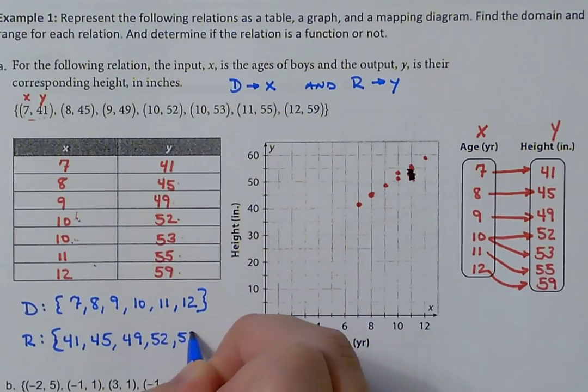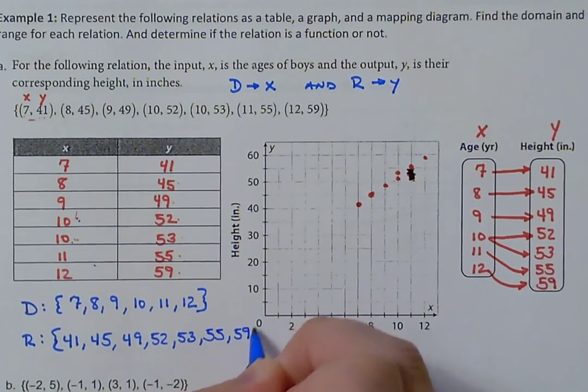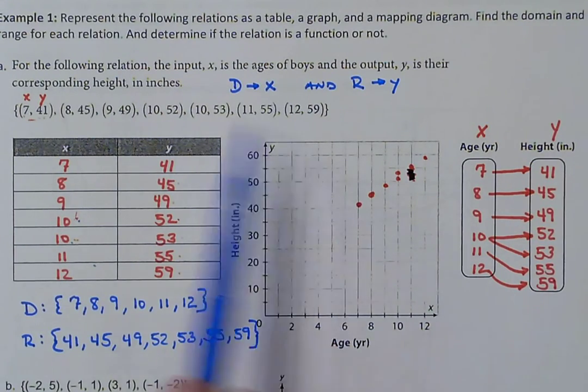All right, so I now have my domain and range listed, and that, for the most part, accomplishes my part for this